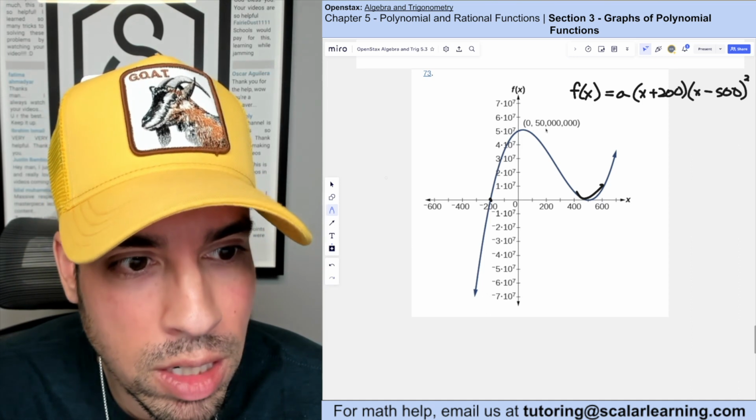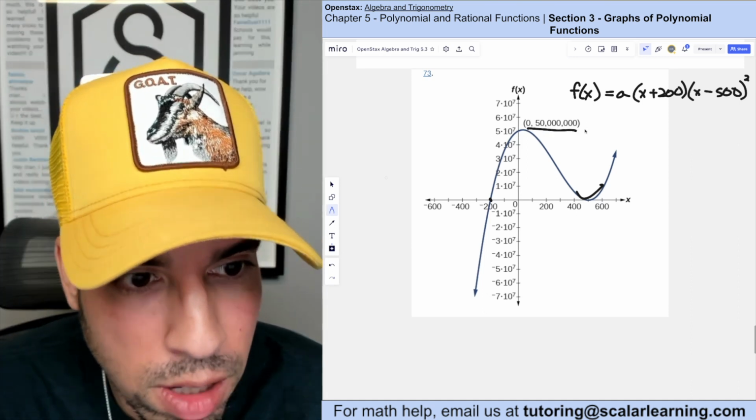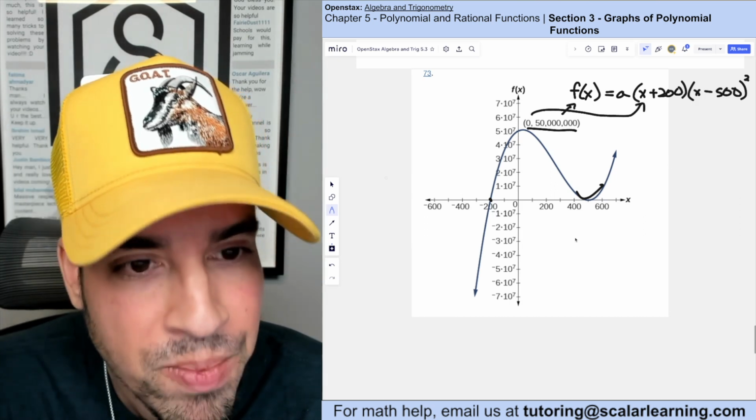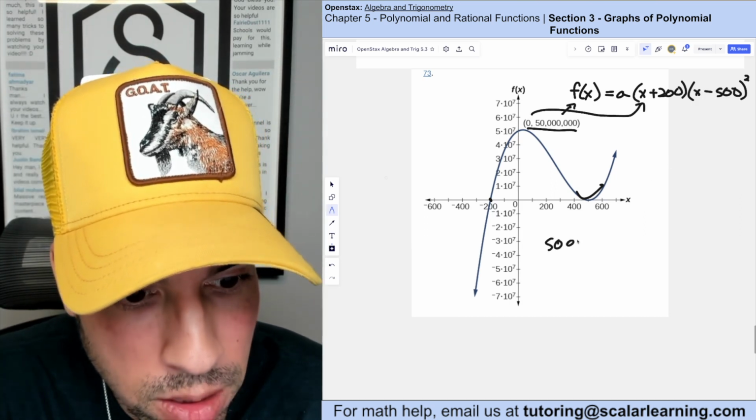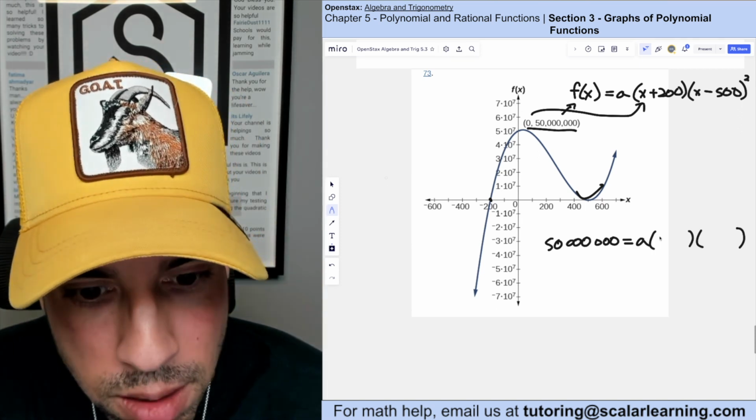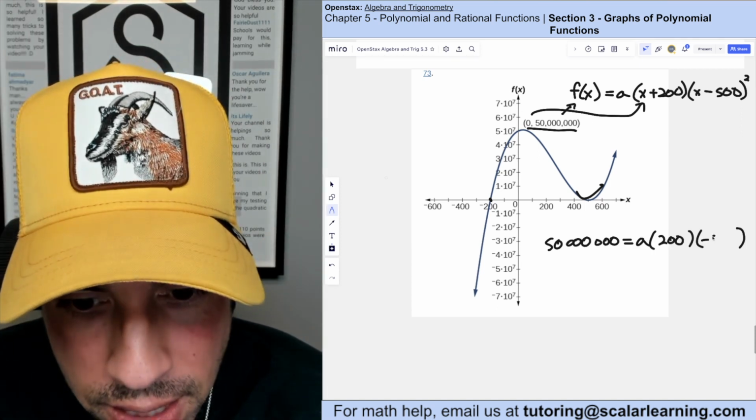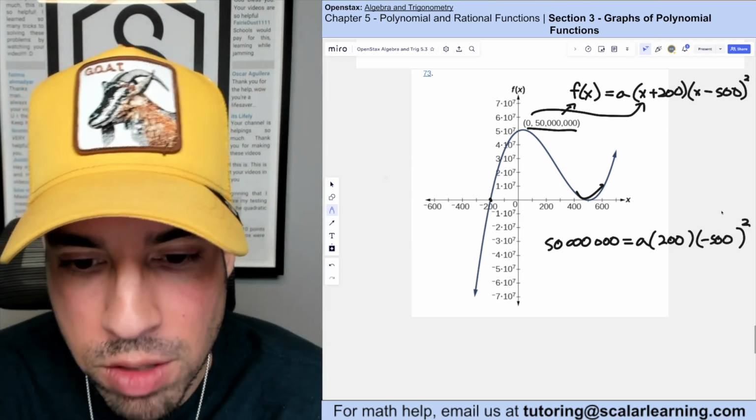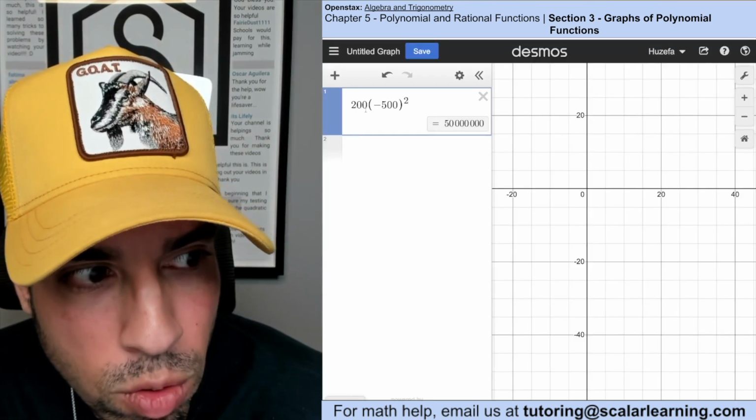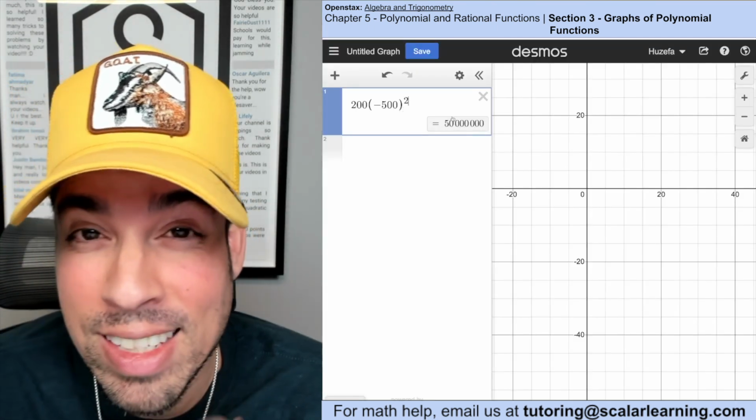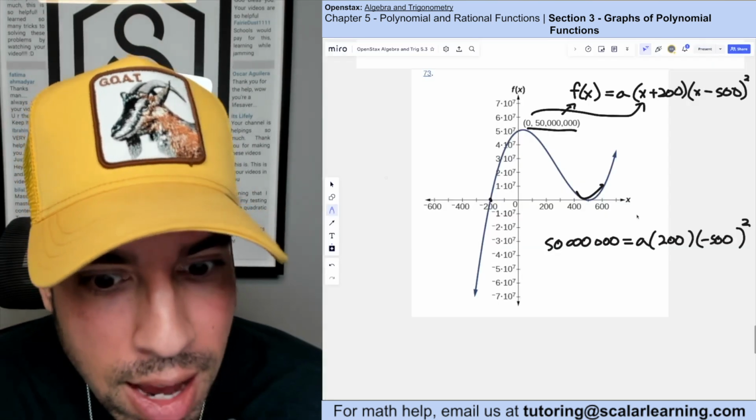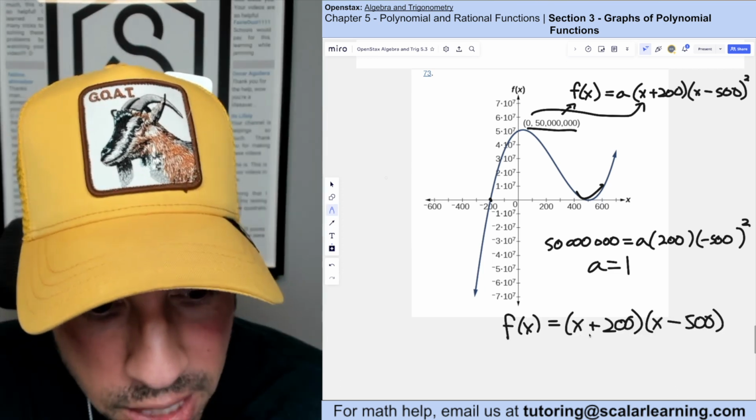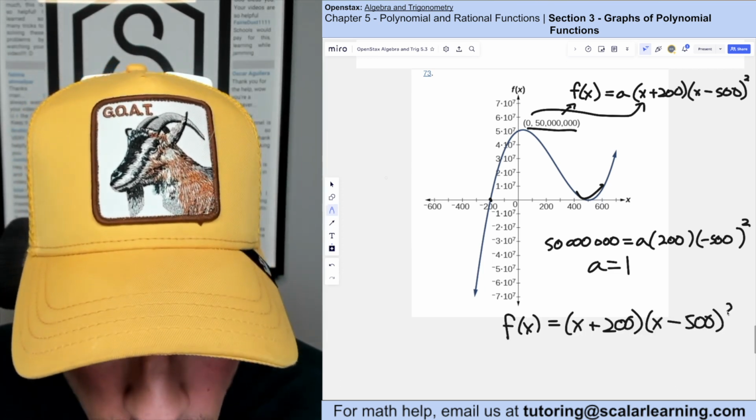Okay. Now we need to figure out what that a value is, so we're going to plug and chug. That's going to go into f of x. 0 is going to go into x. So we're going to have 50 million, huge number, equals a times 200 times negative 500 squared. And the reason why is because 0 plus 200 is 200, 0 minus 500 is negative 500. And then we see 200 times negative 500 squared is actually exactly 50 million, which means that a is actually 1 in this case. So we can rewrite the function as x plus 200 times x minus 500 squared, boom,